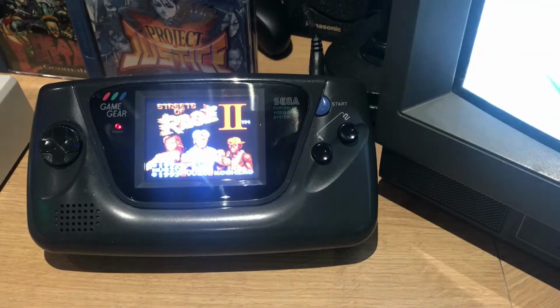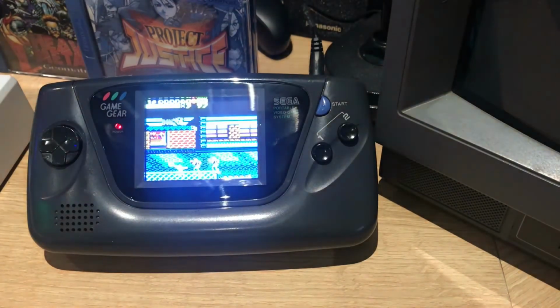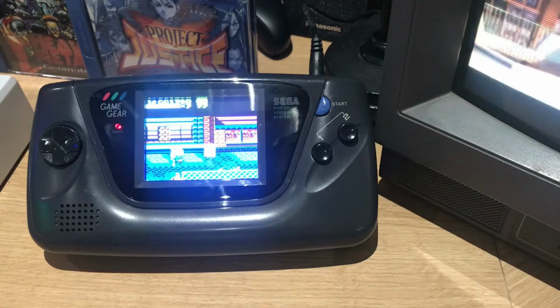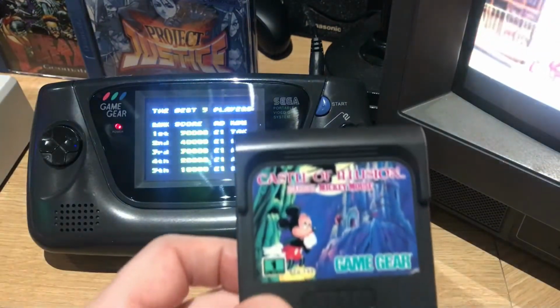On to some other Game Gear pickups. I've got a bit of a bug for picking up some Game Gear games now, as they're so cheap for unboxed games, and as CEX are selling them, I've been nipping into a few shops where I can, and I've picked up Land of Illusion, Mickey Mouse. Such a good game that one is, as well as Castle of Illusion,